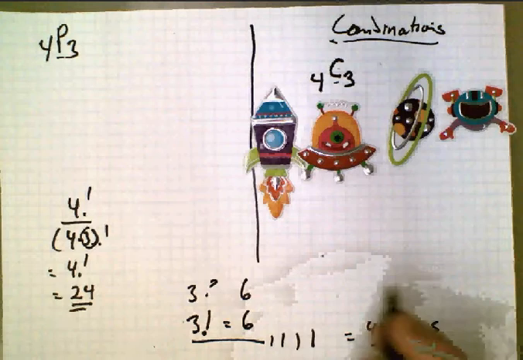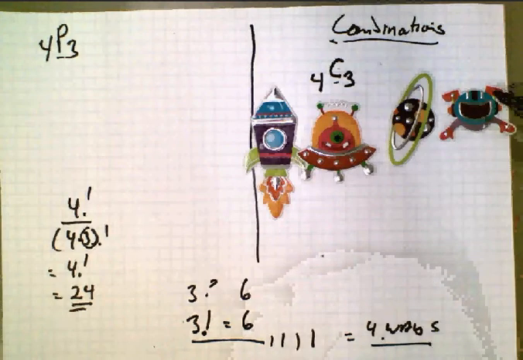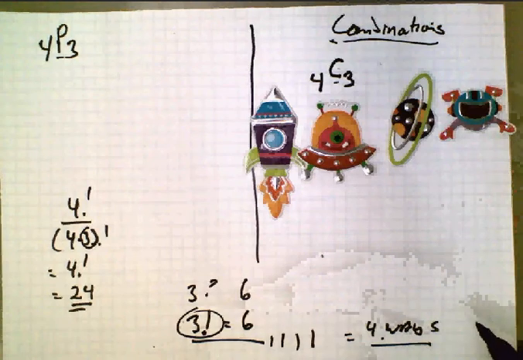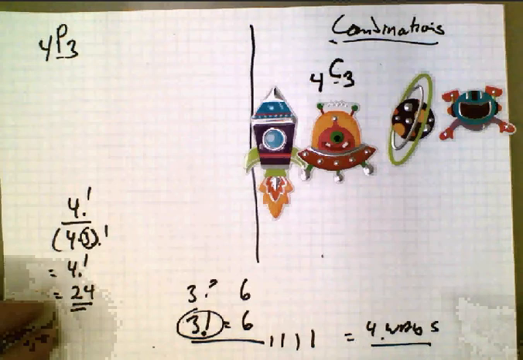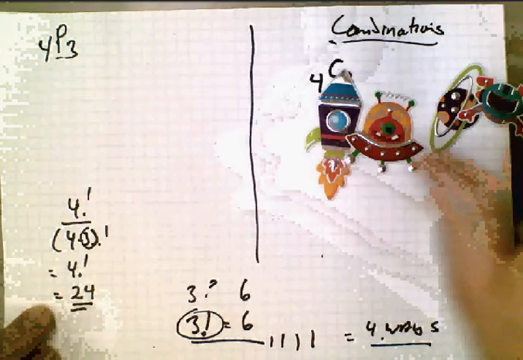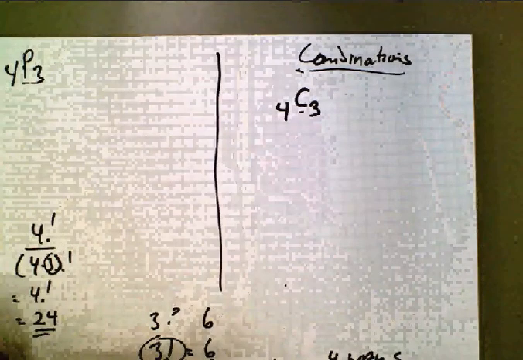And in fact, if you did it again, you might want to pause the video and try it with 5 objects just to see if this is actually true. Now, pause the video and give that a try. I'll just keep going. Now, it is true. For our combinations, we basically are discounting or getting rid of the fact that you can rotate or change the order of those objects. So when you think of a combination,